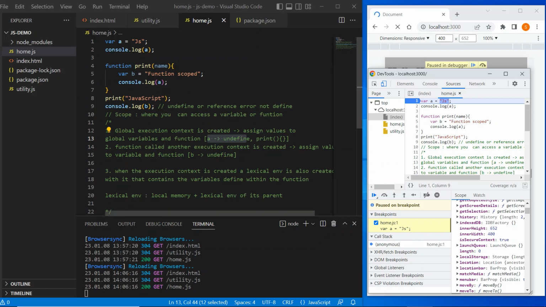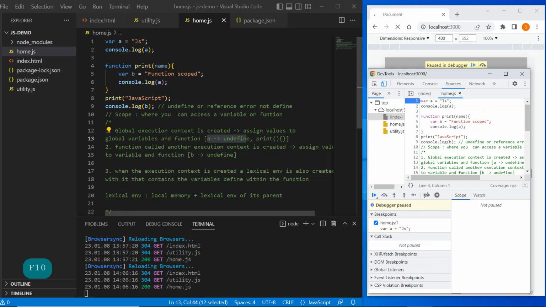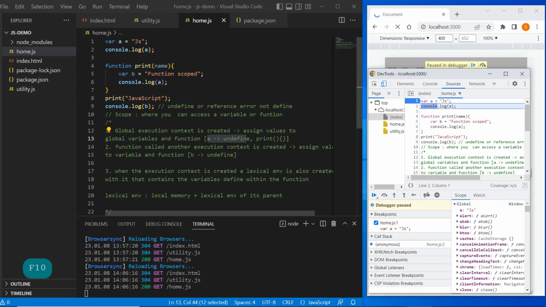Let's press F10 and go to the next line. When this first line is executed, var a equals js replaces the undefined placeholder with the value js. In our global execution context memory, a is assigned js, and if I run this second line, console.log a, it will print js.